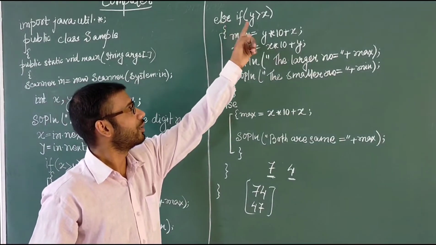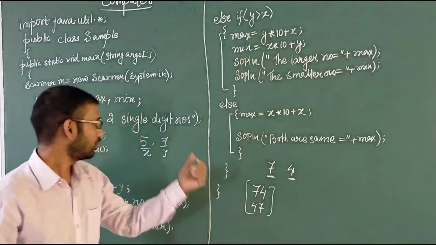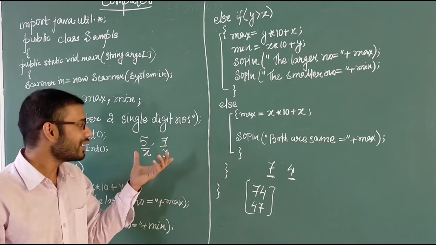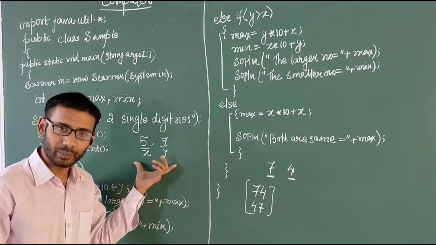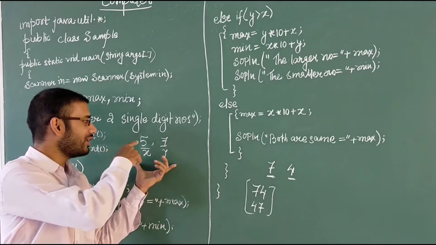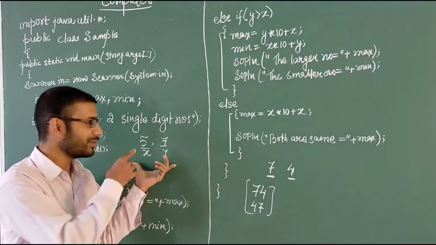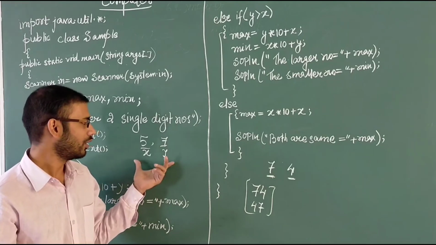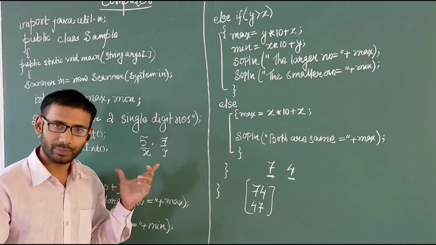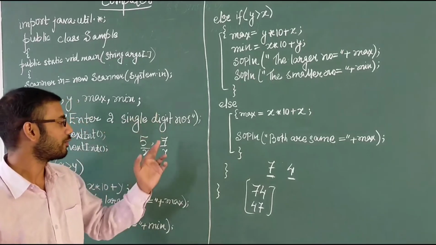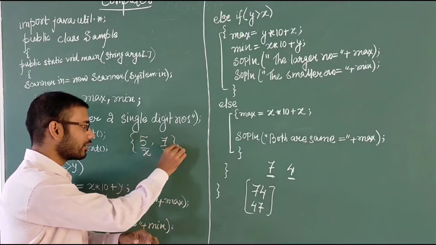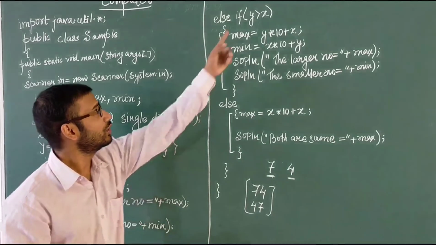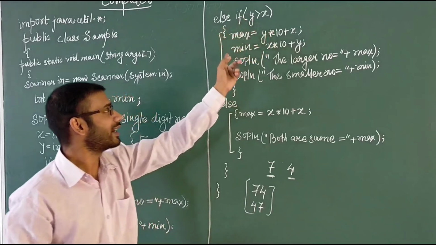Now, else if y is greater than x, so is y greater than x? Definitely, 7 is greater than 5. We are just taking an example. It is not necessary that the user will give 5 and 7 only. The user may give anything, here 1, 2, 1, 1, 5, 4, anything. Here we are proceeding with an example. So in this case, 7 is greater than 5. That means y is greater than x. So this part is satisfied. So now we will get inside.